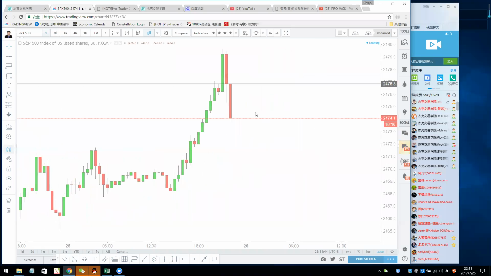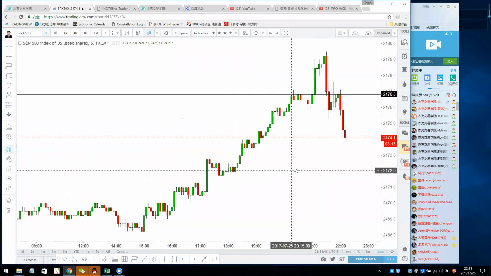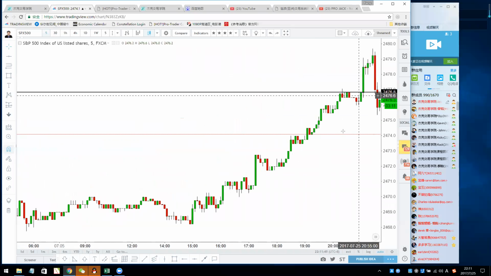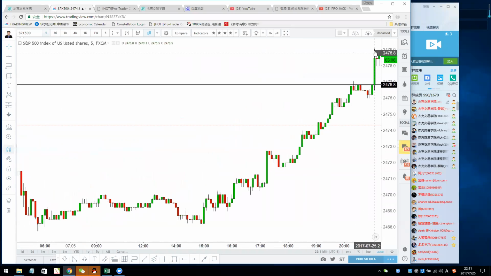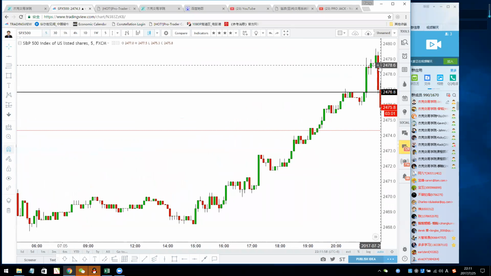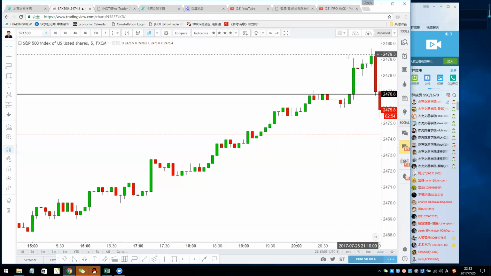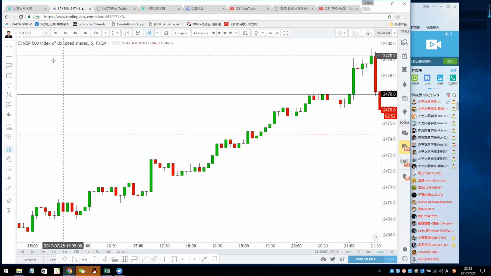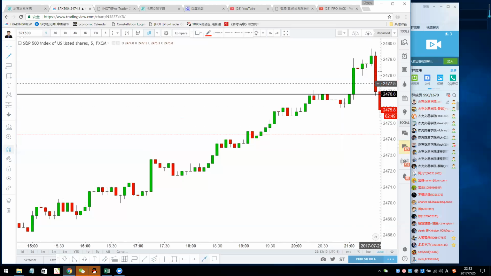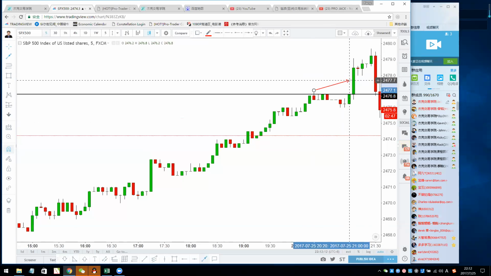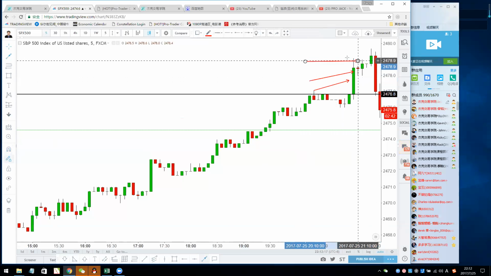Okay, let's go to the 5 minutes chart to see what happened. Okay, you can see the breakout, boom. With this breakout, a lot of traders go in to chase the price, to push the price higher, right? And then just those big sellers come in, boom. Okay, they take profit. And who are selling to those people who want to buy here, guys? The price breaks up, a lot of people chasing the price, right? Okay, just ask yourself, who are those people who are selling to these buyers?